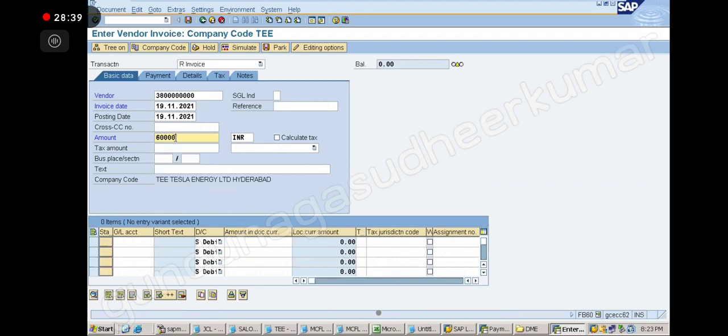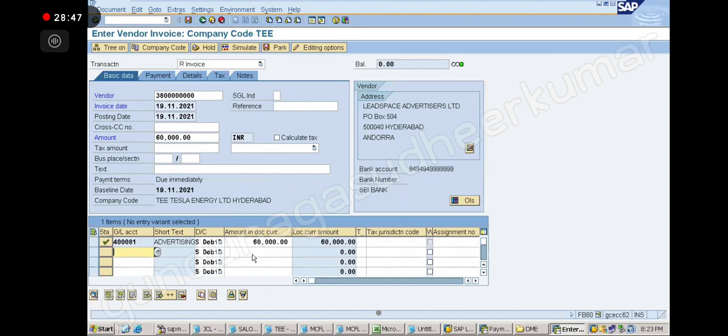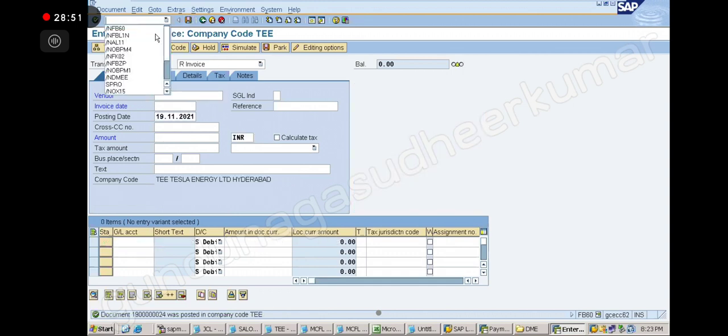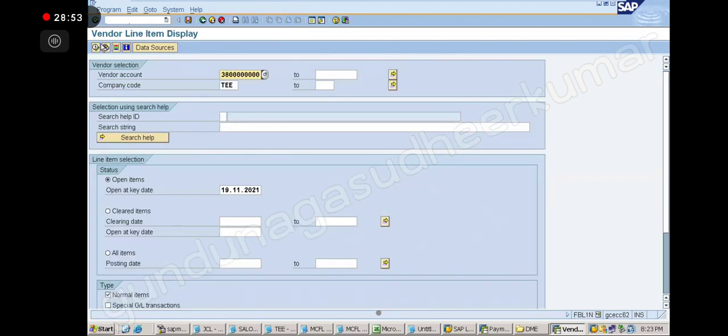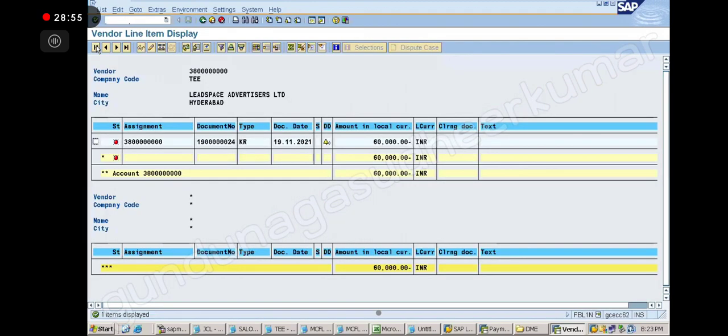Expenses, put star here. Save. So in FBL1N I have an open item, correct? And when I have to pay this today, let's do the payment run.